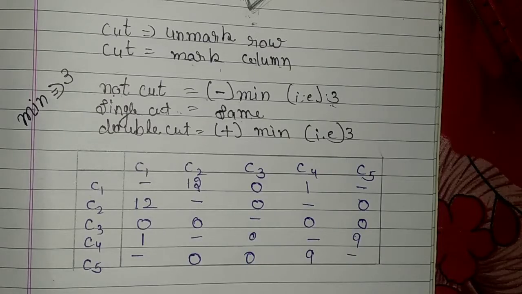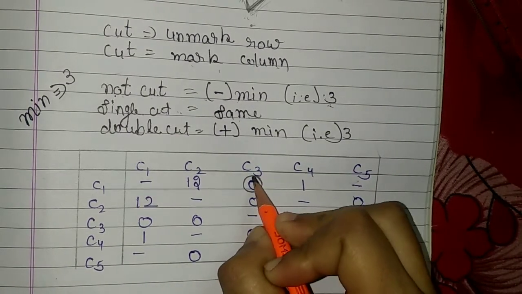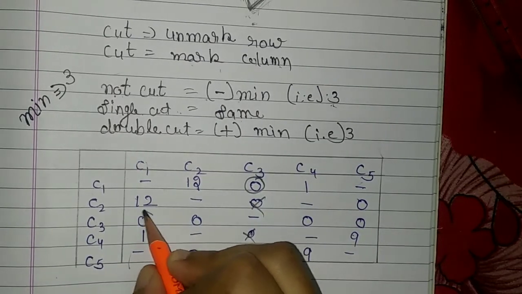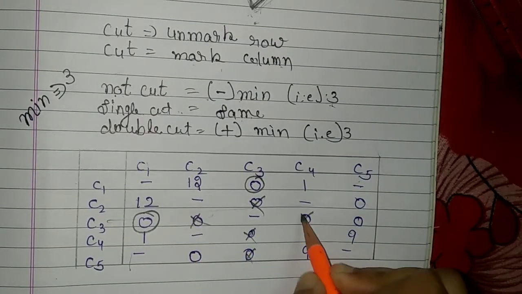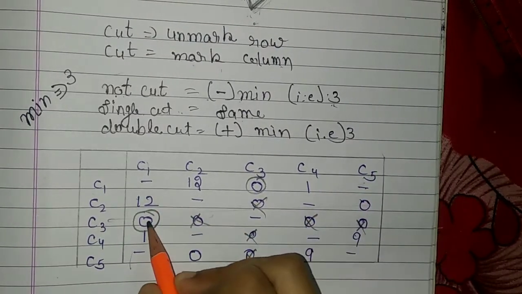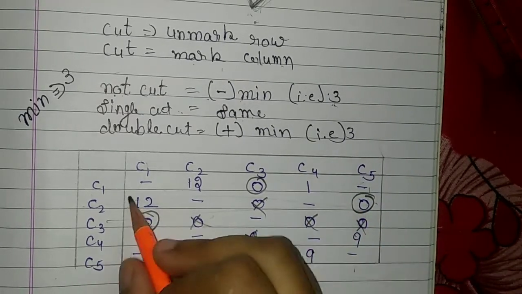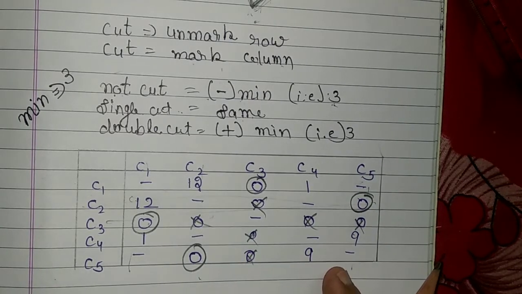Now we can make assignment. Always make assignment to 0. First we move row wise, then column wise. Row wise, make assignment to this 0. Their respective zeros are cut. Column wise, make assignment to it. Their respective zeros are cut. First we move row wise, column wise, again row wise. Row wise, their respective zeros are cut. Column wise, their respective zeros are cut.